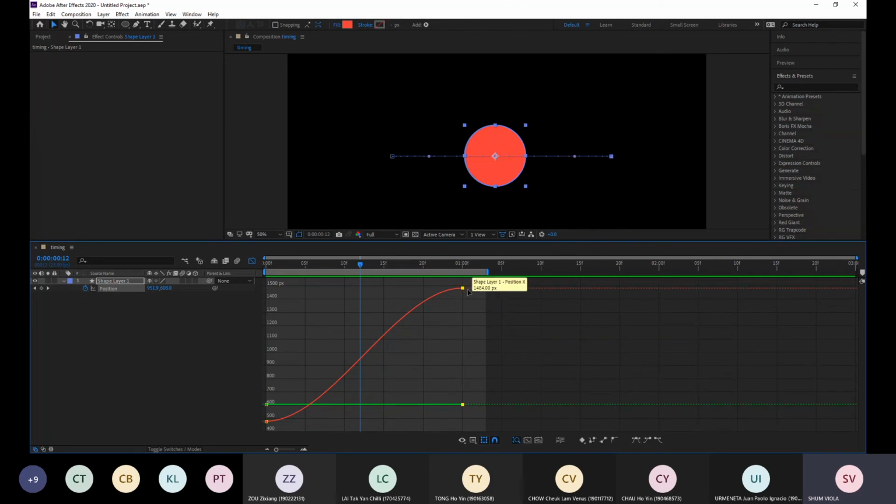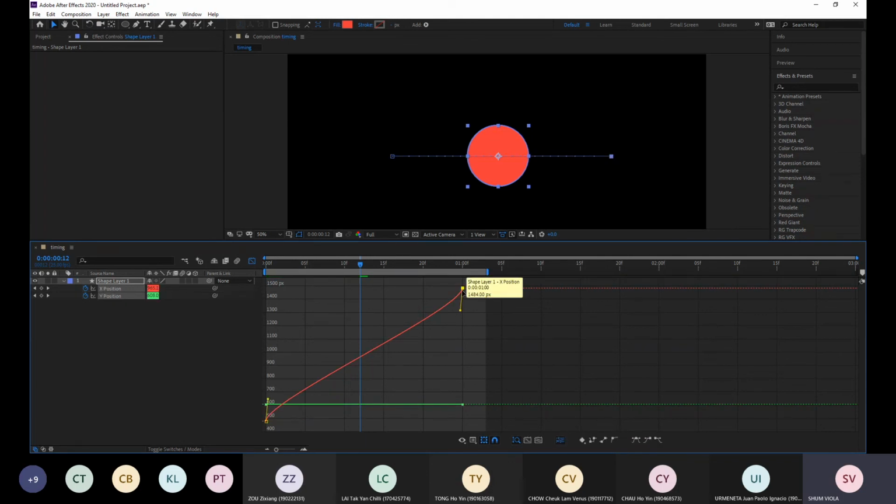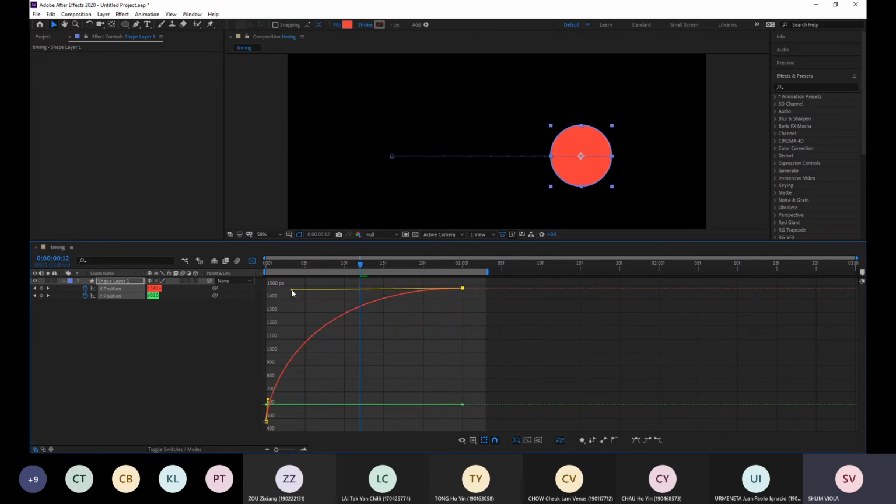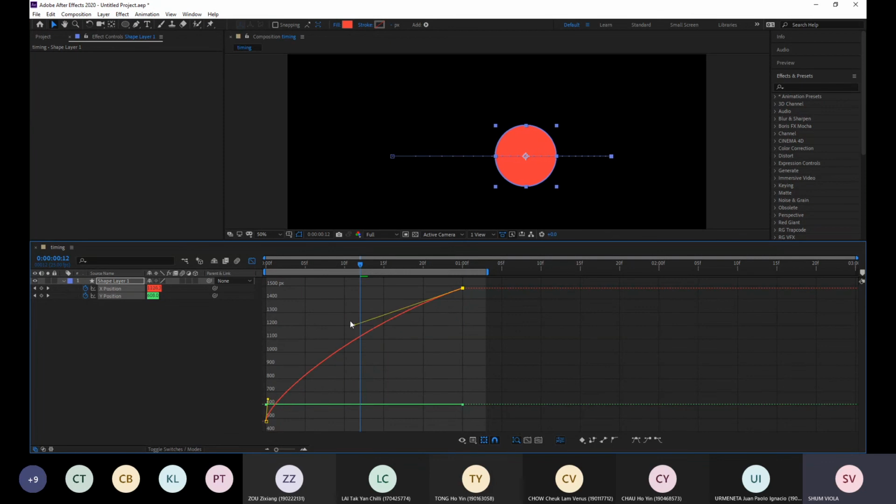Okay, so actually I can select the point here. Drag a box to select the keyframe here, and then I can click on this button, separate dimension. Okay, separate dimension, the one here. And then you will see that when I drag the box again, I can have a handle here. Okay, I can adjust the curve however I like.